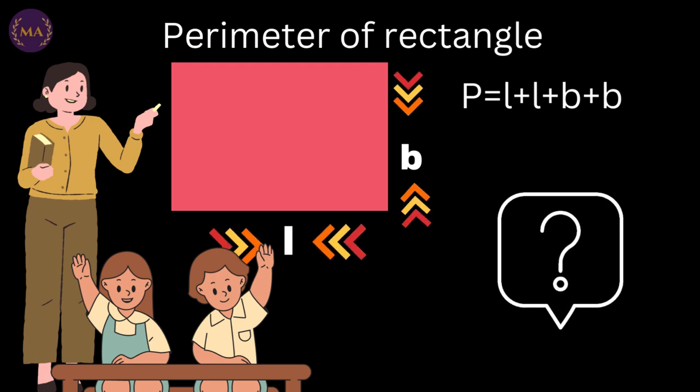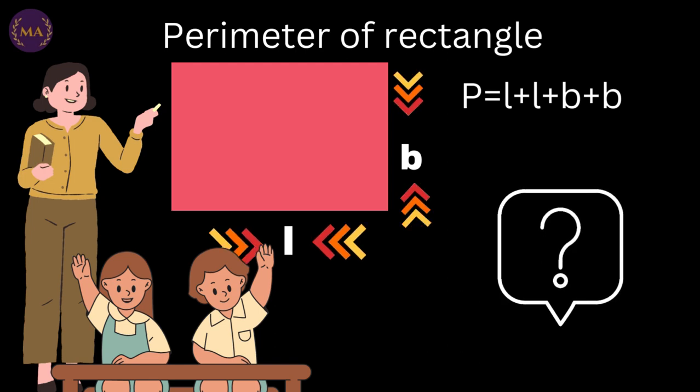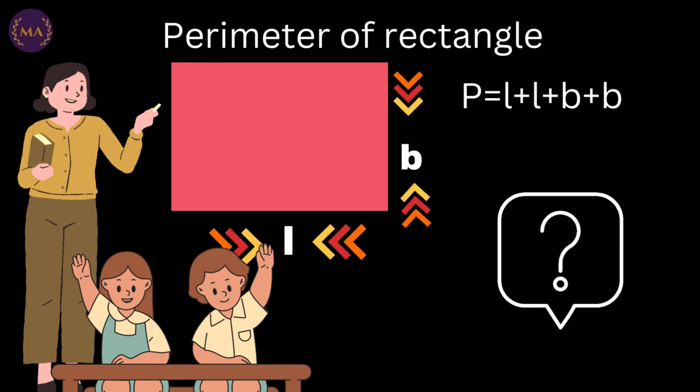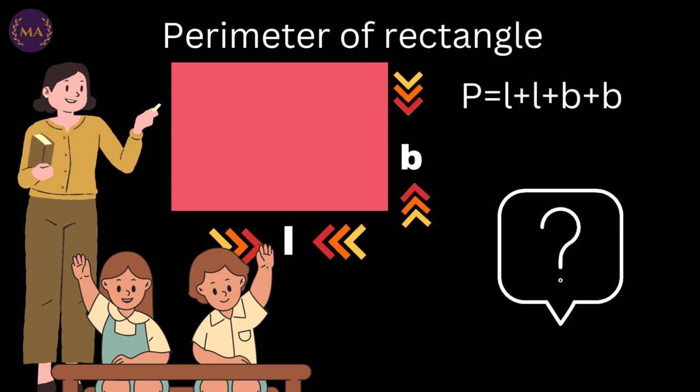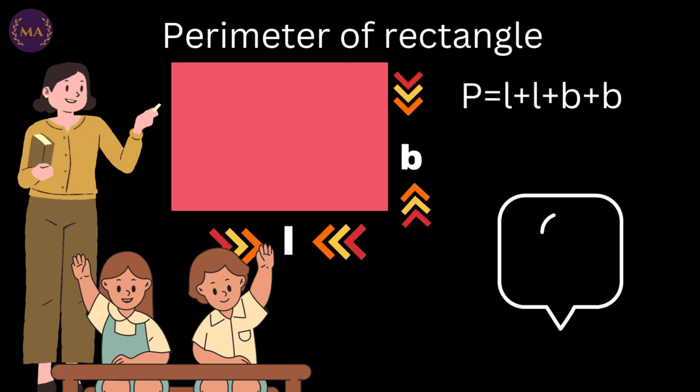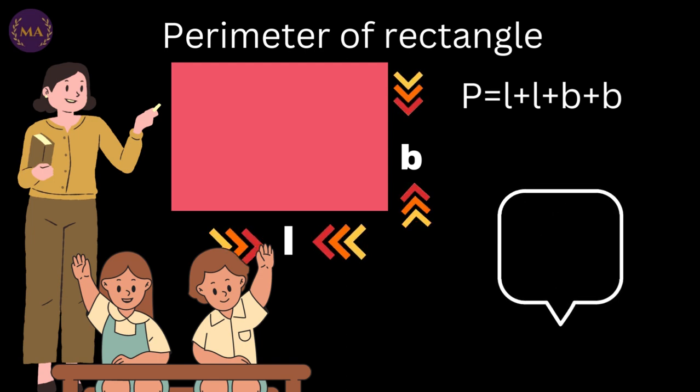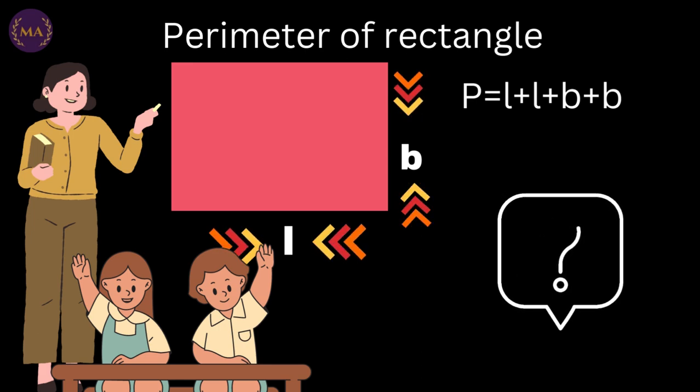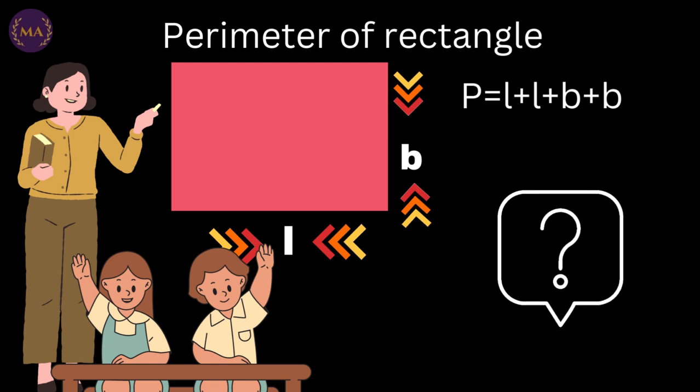So now tell me, this rectangle, we don't know the length and breadth. So let's assume that length we will denote by L. We have learned algebraic expressions, right? So we will denote it by a variable L and the breadth as B. So perimeter means what? Adding all four sides. So can anyone tell me what will be the first statement? Yes, correct. It's going to be L plus B plus L plus B